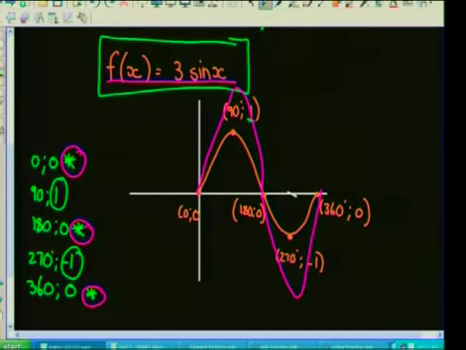Okay, so it looks a little bit more hyperactive because this is now going to 0.3. So this still remains 0 and 0. Can you see that your x-intercepts remain unchanged? Unchanged. This now becomes 90 degrees and 3. Stays the same. This one now would be 270 and minus 3. Now, this isn't done in a very nice, tidy way because I'm just sketching to show